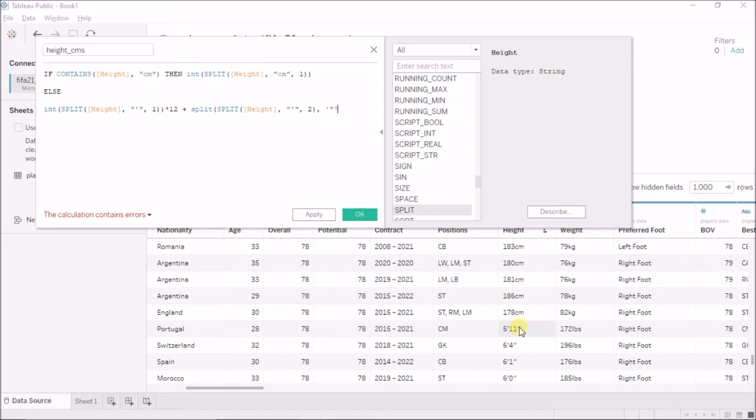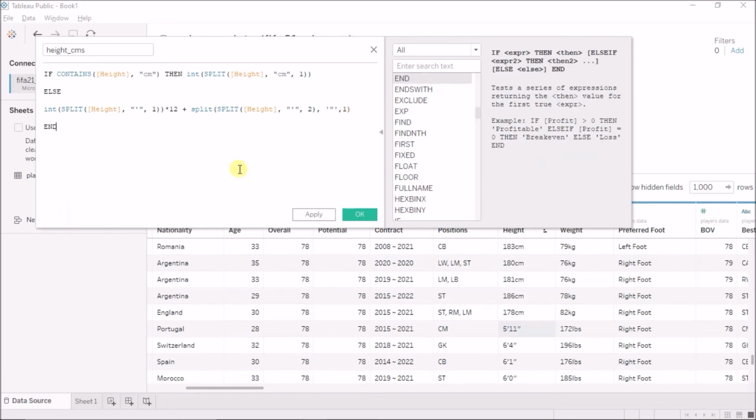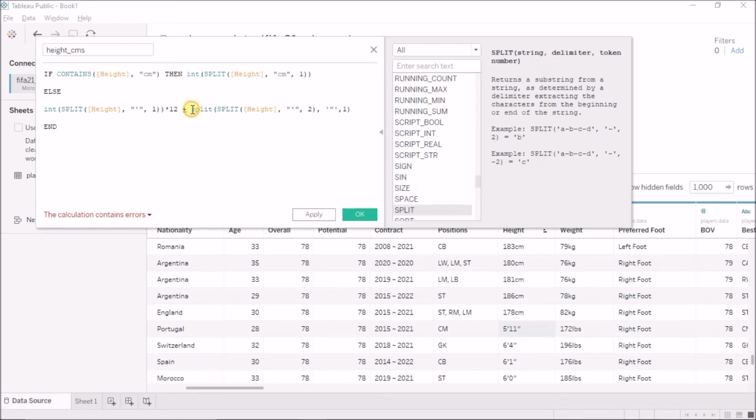Okay, so once I'm splitting now on this double apostrophe, I need the left part of this, so I need the 11 number now. So I'll say give me the string token number 1. Okay, I hope this all is making sense. Now since this is an integer, this part also needs to be an integer, because this is what causes this error. Okay, I have to end this first.